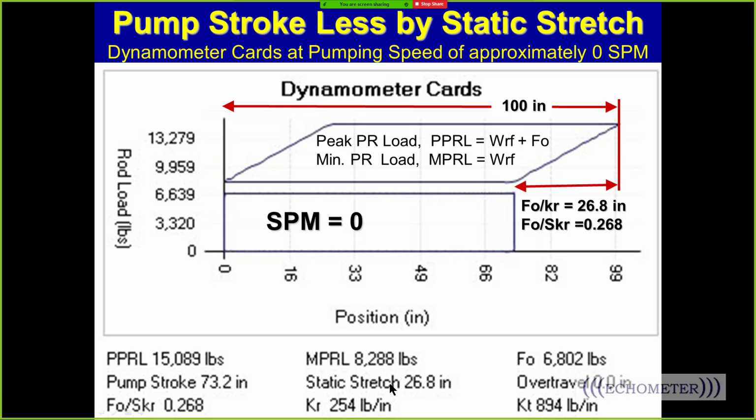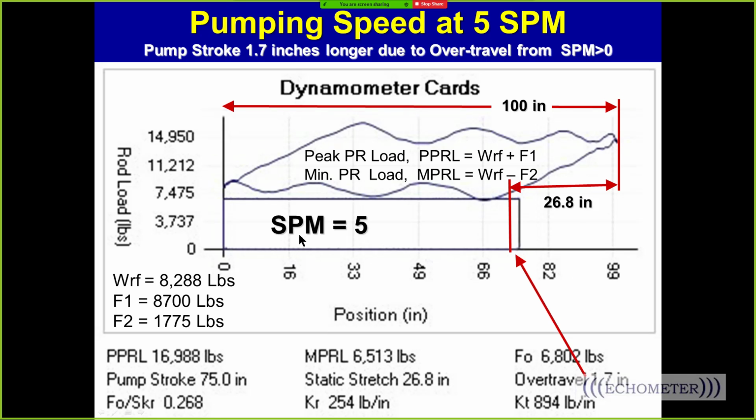So the static stretch. The surface stroke minus static stretch plus over travel equals the downhole stroke. Okay, so let's go right here. So 100 inches minus 26.8 plus 1.7 equals the pump stroke of 75 inches. So an over travel pump card has a longer downhole stroke than the surface dynamometer card. An under travel pump card or surface card has a shorter stroke,